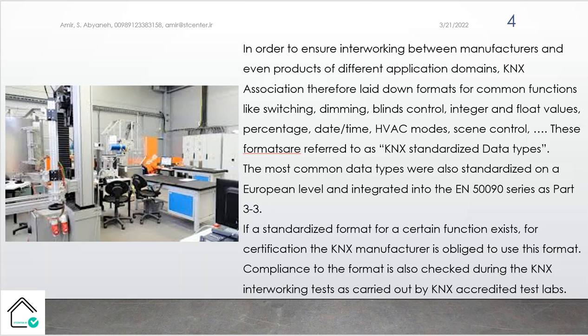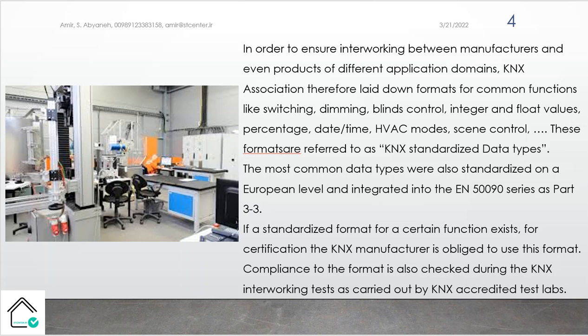accredited test labs. So, in the KNX Association, we have some labs around the world, mostly in Europe. So the manufacturers, before they can release their product officially with the KNX logo, should send those devices to the labs for test.